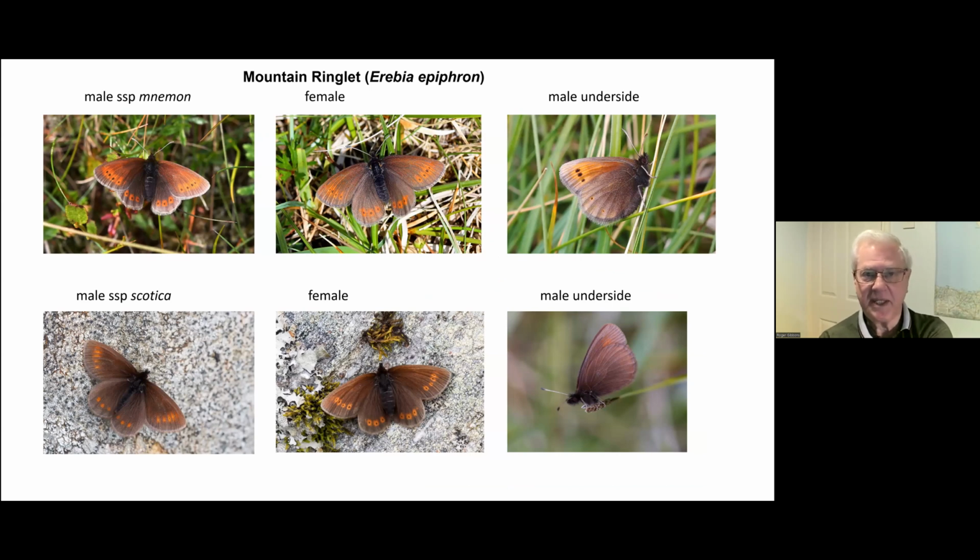Yes, I mentioned earlier, this is the mountain ringlet. It's the other of the two Erebia genus in Britain. And it's the only true montane species in Britain. And it's found on mountains above 350 meters in Scotland, in the Highlands, and around 600-700 meters in the Lake District. And it's probably the most difficult species to observe in the wild,